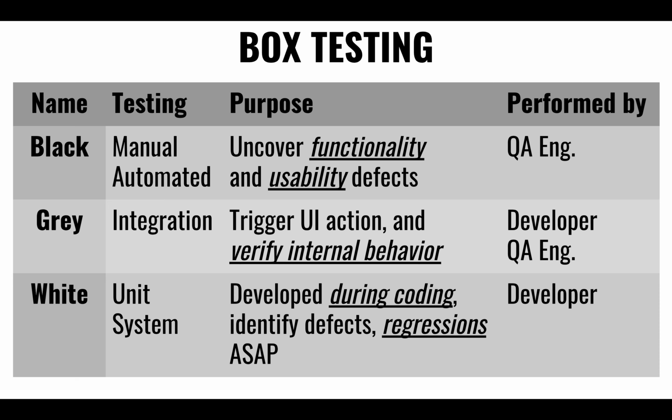Typically, these types of testing, the manual and the automated testing, are performed by a QA engineer exclusively. Right? As developers, we might do it as well, but more commonly, it is the QA engineer's responsibility to do the manual testing, do some of the automated testing, and the purpose is to verify that the functionality is on par with what the specified functionality is, right? So we compare the actual functionality with the expected functionality, and we report on any discrepancies between the actual and the expected. But also, it's